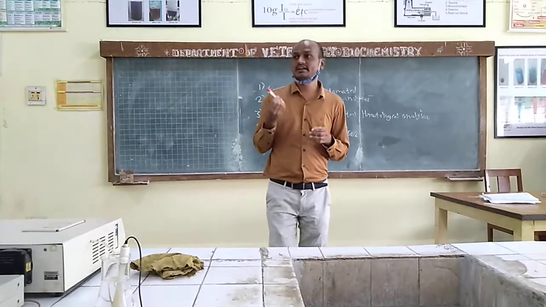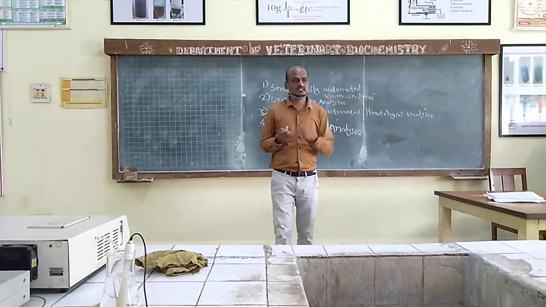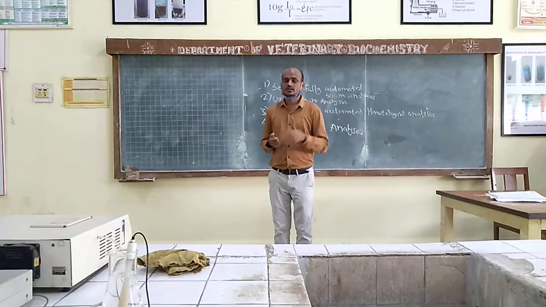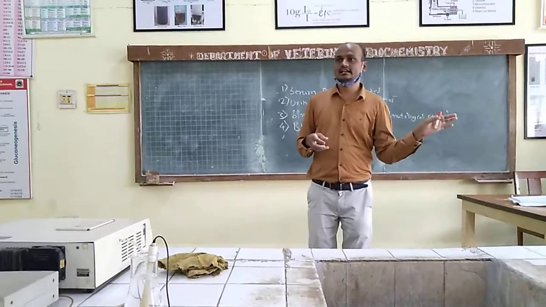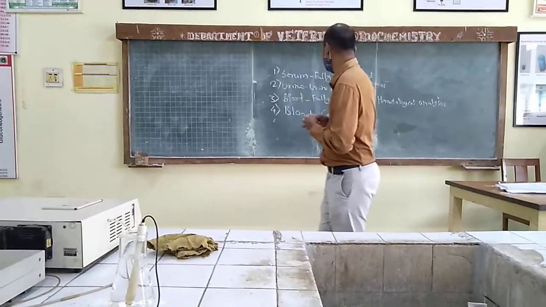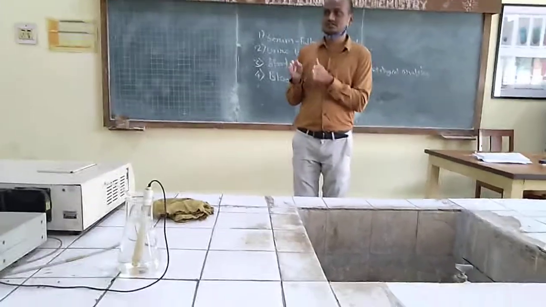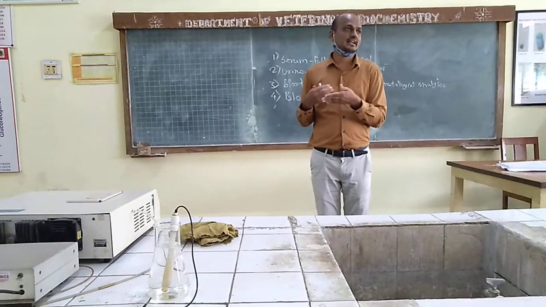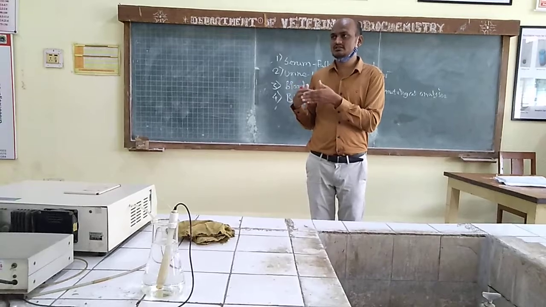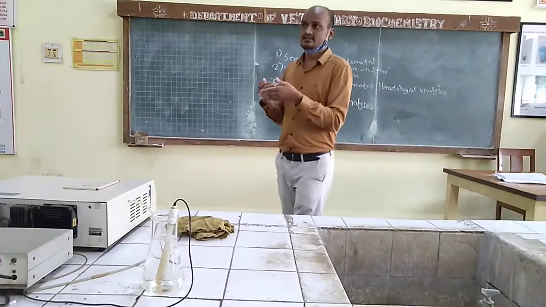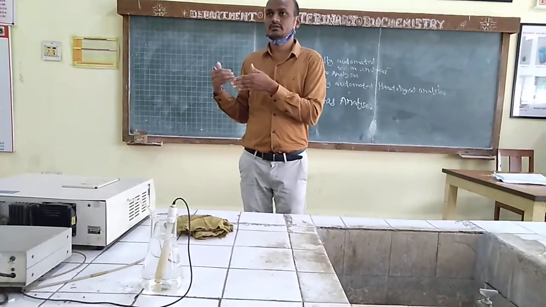Now this serum sample, when should I analyze it? If you are using a serum spectrophotometer, you can analyze on the same day, with individual reagents, as such. But if you are trying to use the fully automated biochemistry analyzer, you have to have sample storage facility. At 4 degrees centigrade, you can keep the serum sample for 1-2 days; at 0 degrees up to 8 days; and at -8, -20, up to a month or so.